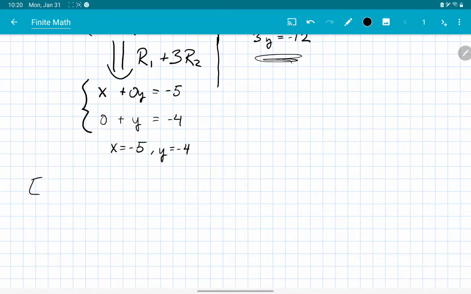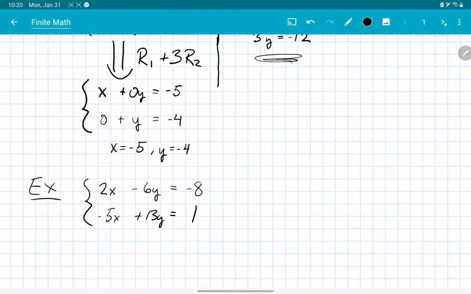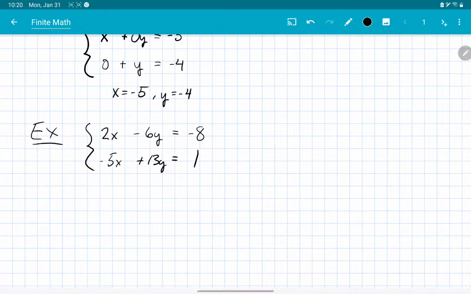And now I'm going to do a level of abstraction that's going to help us get this done a little more efficiently. So here I'm going to solve the equations 2x minus 6y is equal to negative 8, and negative 5x plus 13y is equal to 1. So those are the 2 equations I want to solve. Now, here is an innovation